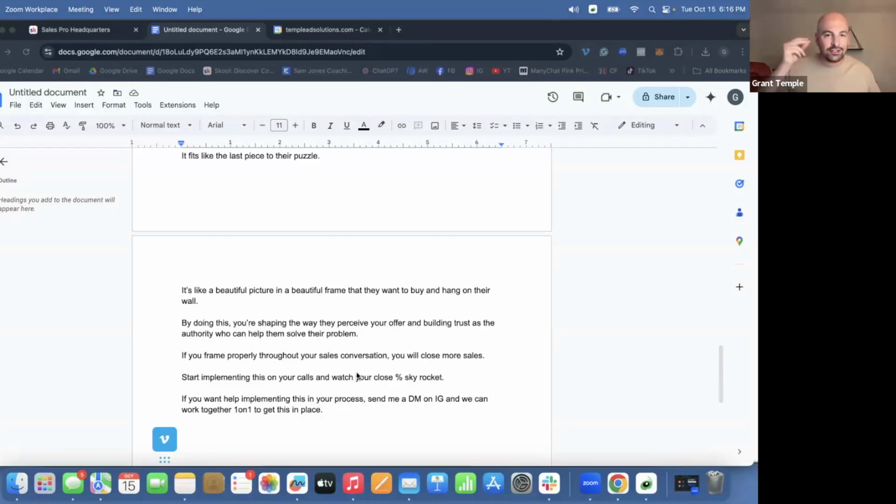And if you can do that, things are going to click in their mind. They're going to understand. That's how they see value in what you have to offer. Framing is going to give value to your offer. That's what does it. Honestly, people don't care about the details of your offer. They need to be positioned as the solution to their problems. And you do that by having a solid conversation and knowing how to work through that conversation to position and frame your offer in a way so when they see your offer, it makes sense.